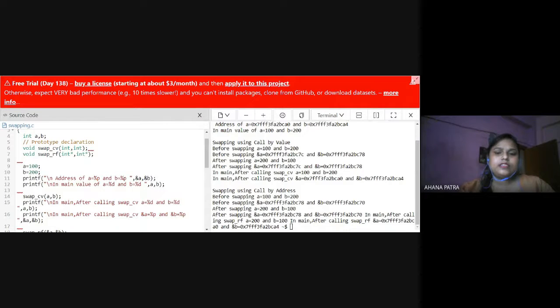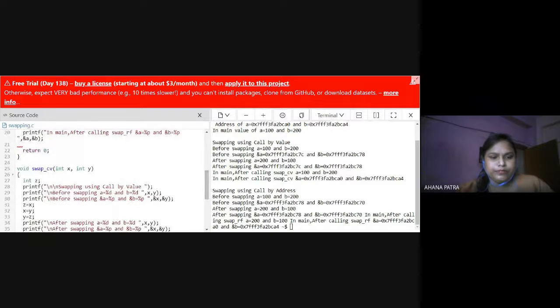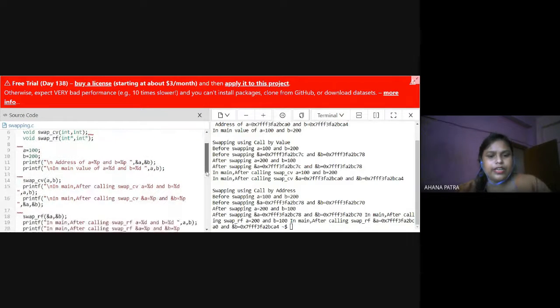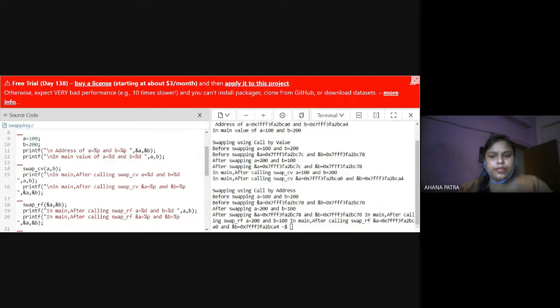Only the interchange happens in the swap CV function. In the main function a is still 100, b is 200.